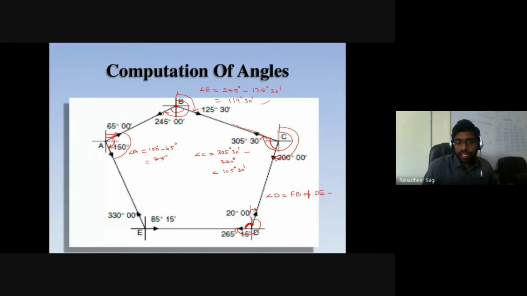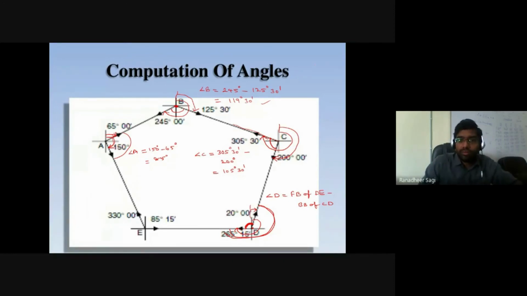What is this angle to be called for the line coming from C to D at station D? That's nothing but the back bearing of CD line. Okay. So if I subtract the back bearing of the line CD from the forebearing of line DE, what is that angle I am getting? I am getting the angle between these two lines like this. This angle I am trying to get. What is this angle?